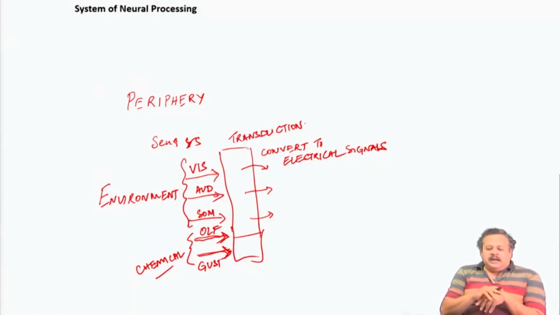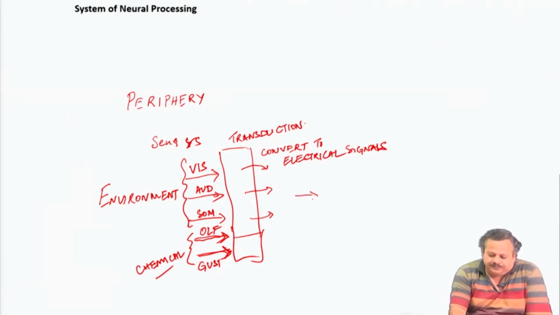So, as we were discussing, this is the first stage in the information processing pathway, where at the periphery the physical world or the chemical world outside is transduced. The events outside are transduced into electrical signals and converted into action potentials in some way, which are taken forward into the central nervous system. And what we will see in our further discussions is that